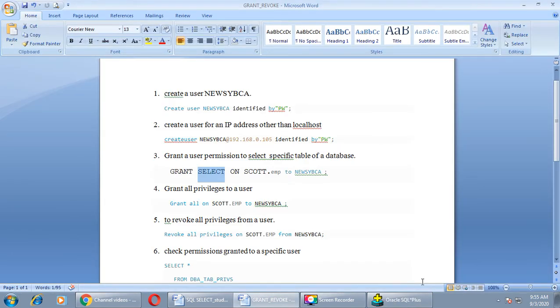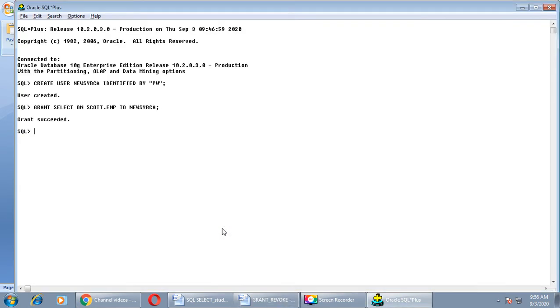Similarly, if you want to grant all the privileges to a particular user, you have to write grant all instead of grant select. Grant all on name of object, you have to specify over here scott.emp.